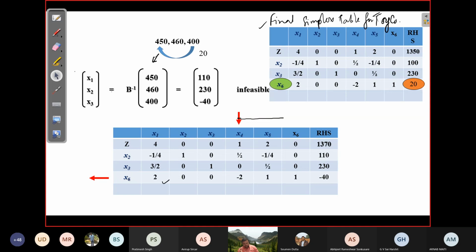One straightforward way would be to resolve the entire thing by simplex, and you get the optimal solution. That is a brute force way of doing it, right? But using the knowledge that you have, how can you use the current optimal solution table to find the new optimal solution? Anybody?